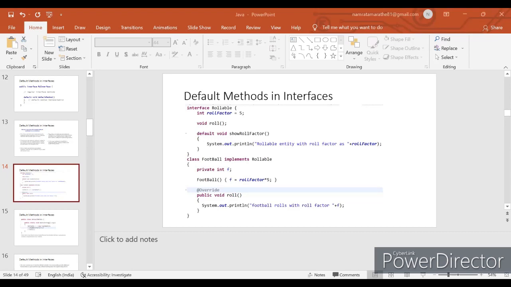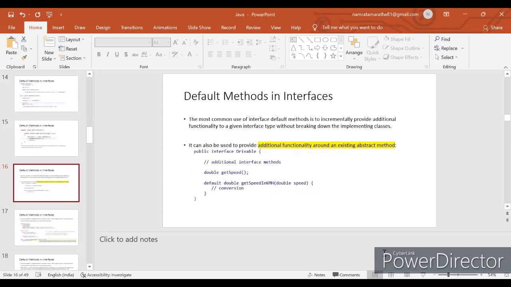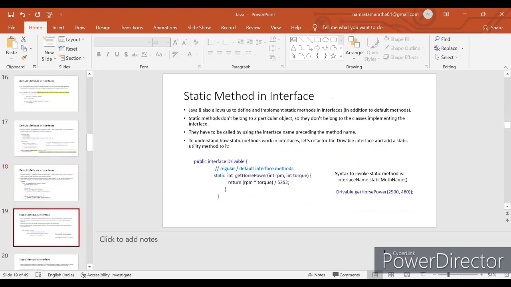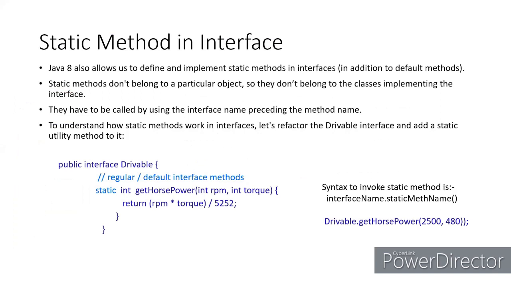So with this, we cover most of why default methods were introduced in the interface. Now, the next topic is static methods. Let's cover static methods first. Along with default methods, static methods were also introduced in the interface. Earlier, there was no way to have statically implemented methods inside your interface. Only abstract methods were allowed inside the interface.